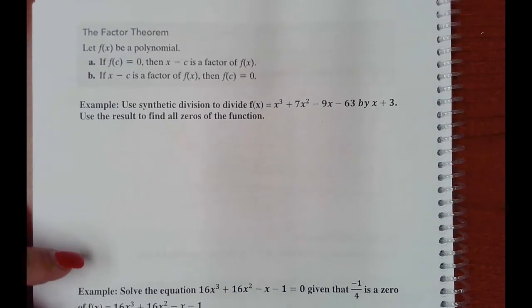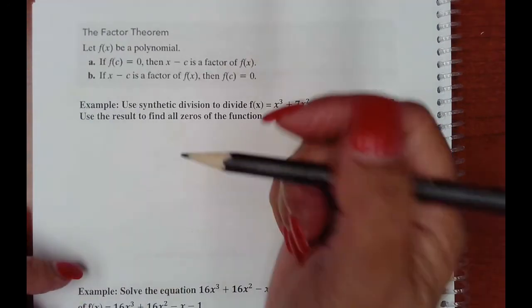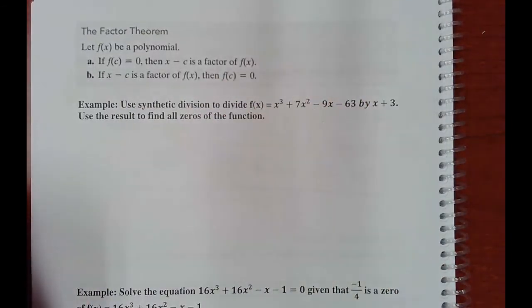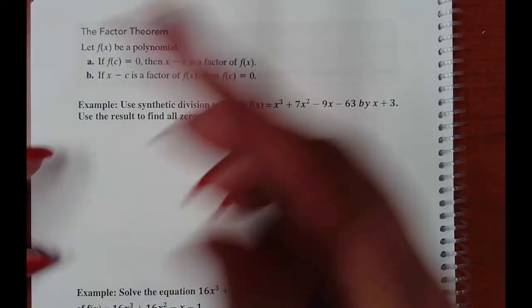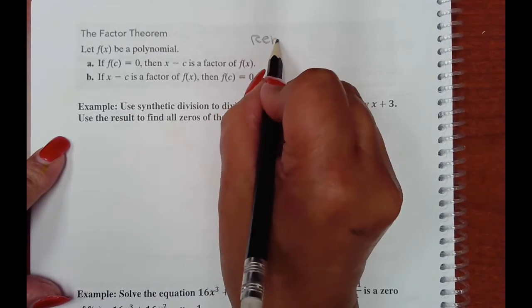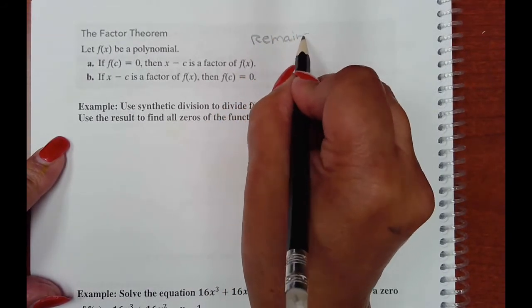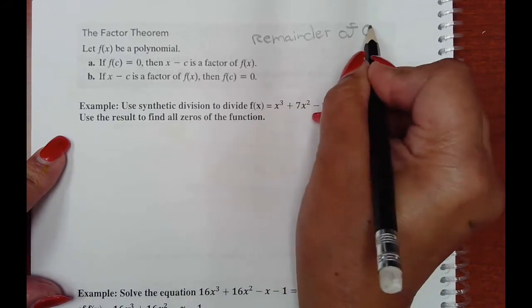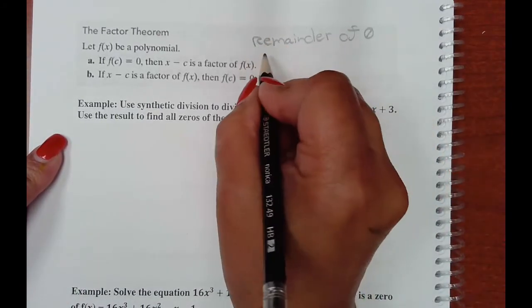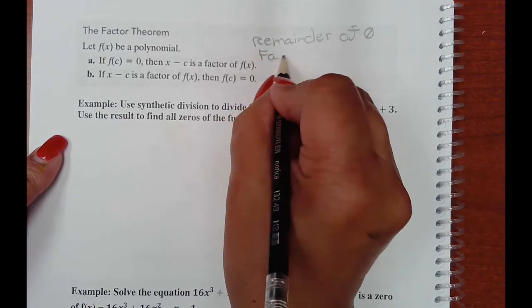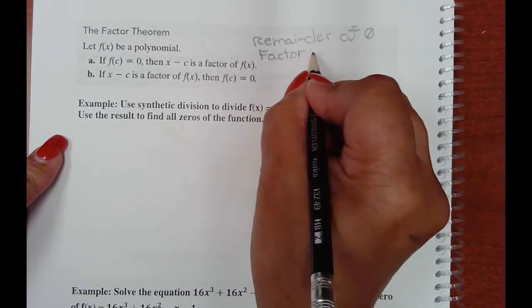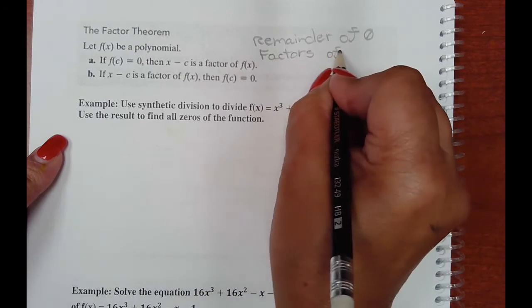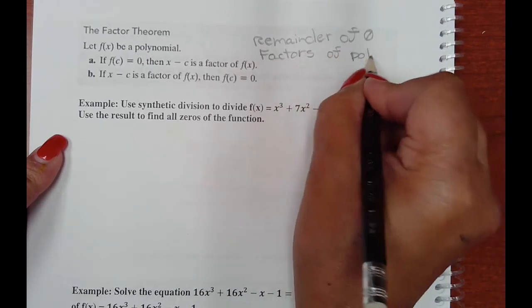What this says is that if you get a remainder of 0 when you do synthetic division, I'm just reinterpreting these for you so you can understand them, then you are finding the factors of the polynomial,